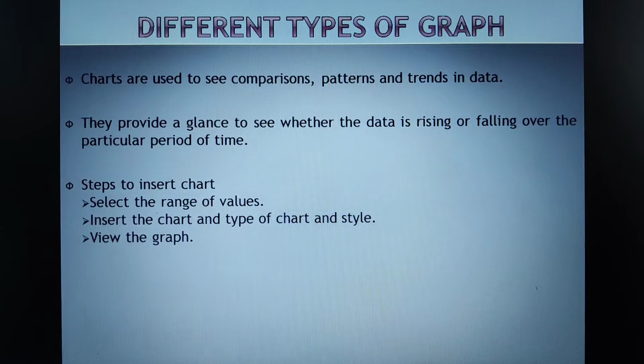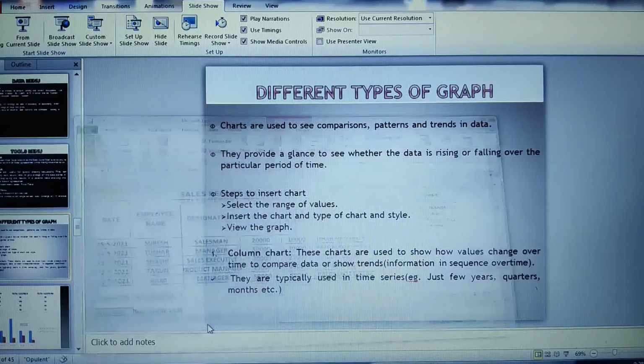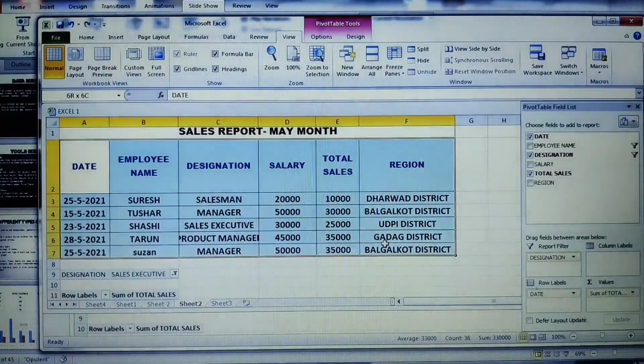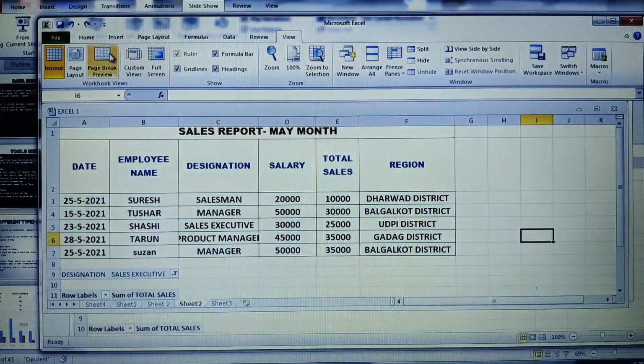Okay, and then you can view the graph. Now let me show by default how to place the chart here. You need to select your data on which you want the chart. Now I'll be showing you the steps to insert a chart here.